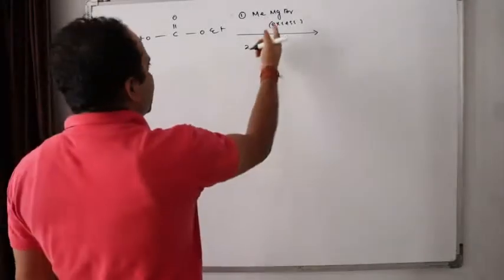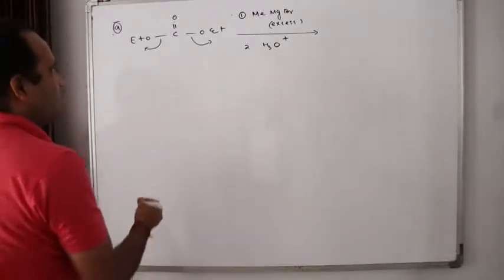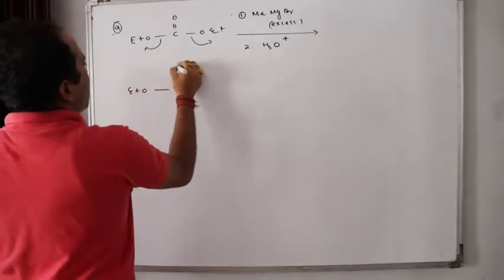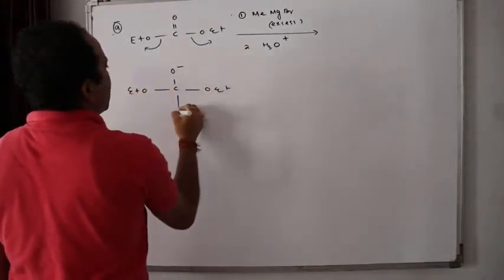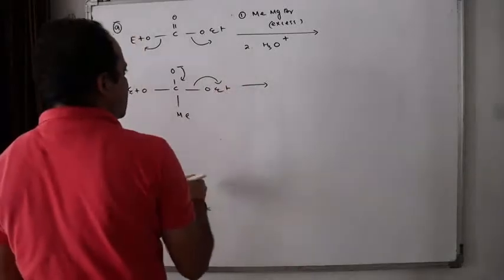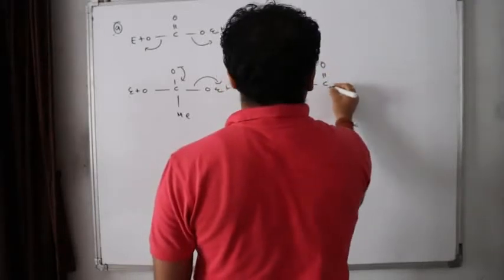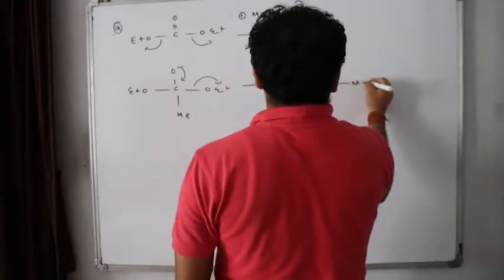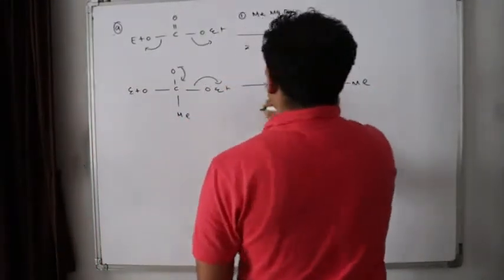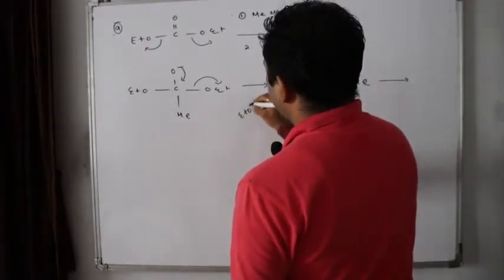Now tell me. When this is in excess, first this group will leave, then this group will leave. Do you want me to do it slowly? Okay, let me do it for you. First, methyl comes. What will happen? EtO-C(O-)(OEt), methyl attacks, isn't it? When this reverts back, this will be thrown out first. So when in the first case it was thrown out, what will happen? EtO-C(=O)-Me. Yes or no? And what do we have with this? EtO minus is here, and due to hydrolysis, it will form what?